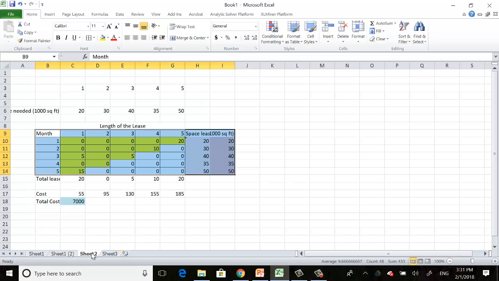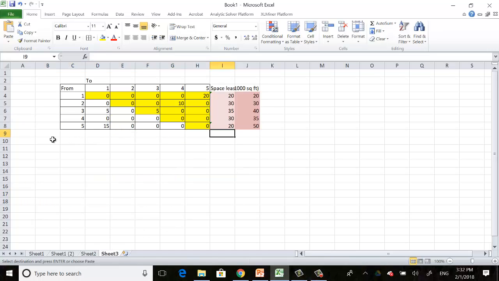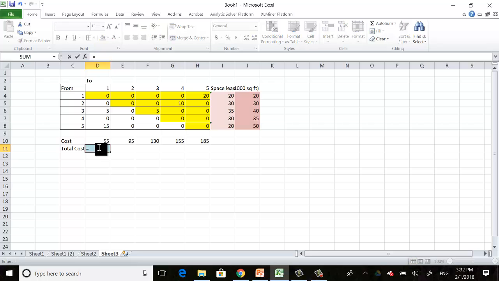Then we can just copy the, then the cost will be different. We'll put the cost here. So now, how to calculate the total cost? You're gonna go like diagonally. Diagonal? Okay. So like this one would have to be the sum product